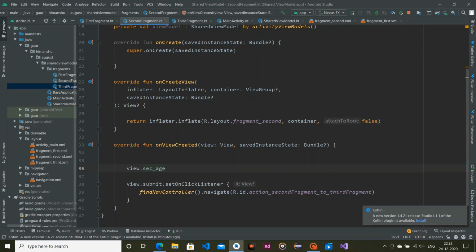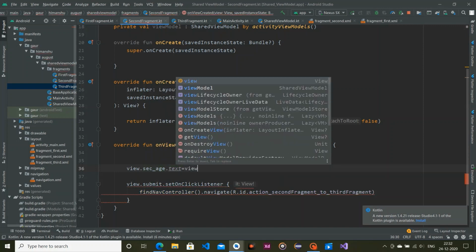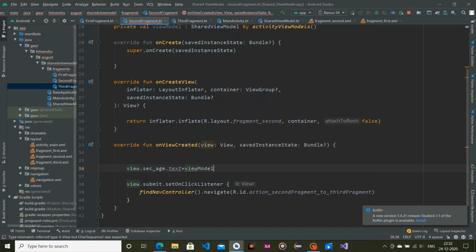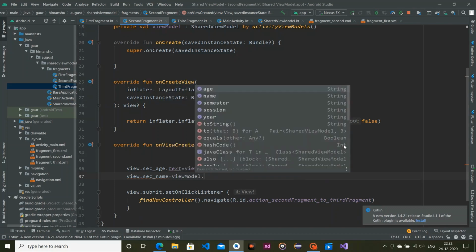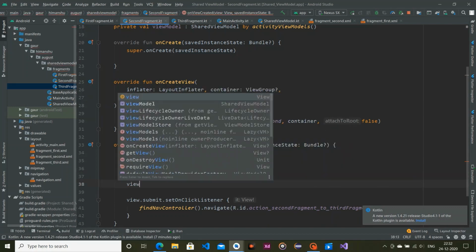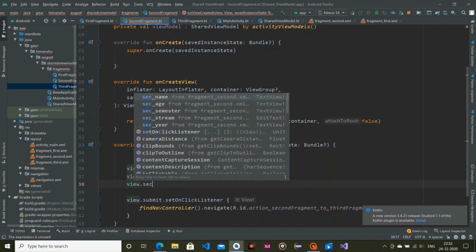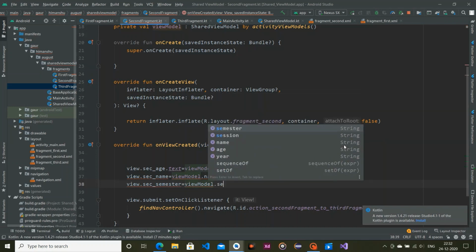view.secage.text, and I'm using viewModel.age, viewModel.name. Similarly view.sec_semester, viewModel.semester.